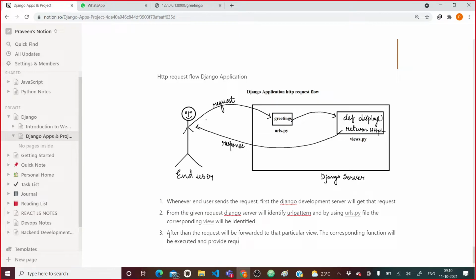Let me write here: and provides what? The required response to the end user. This is the complete thing which is happening here.